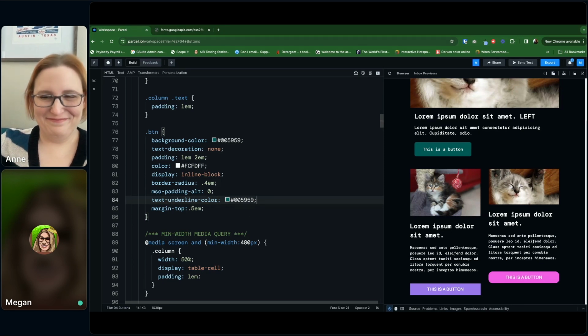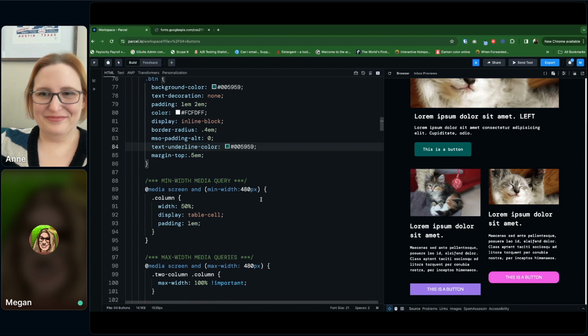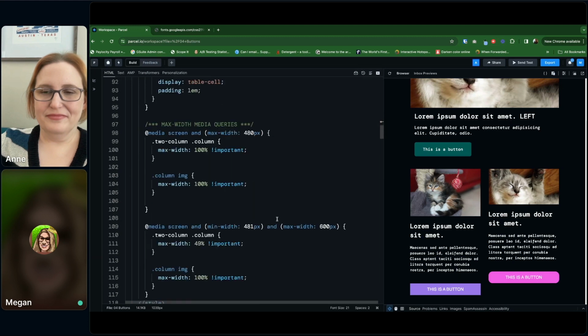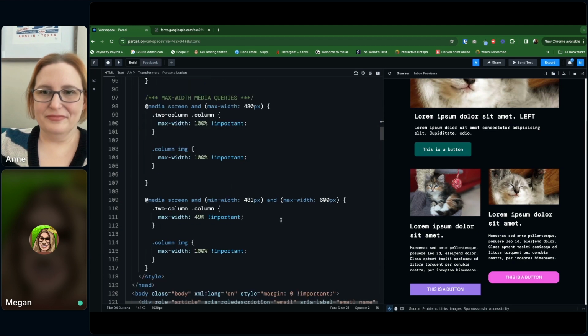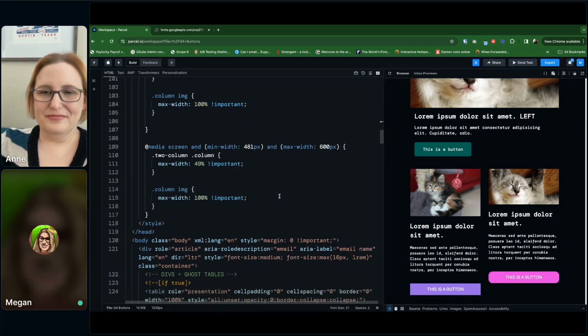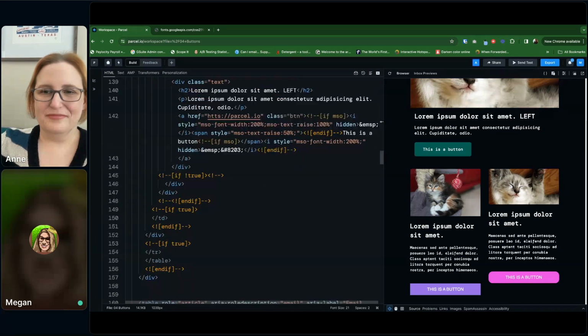So sometimes I may remove that. And I just added in this margin top just to give it some space from here. I don't always use a margin top. Depends on the design and whatnot. Usually my buttons are in their own table and row and whatnot. So if we head back down to the button,